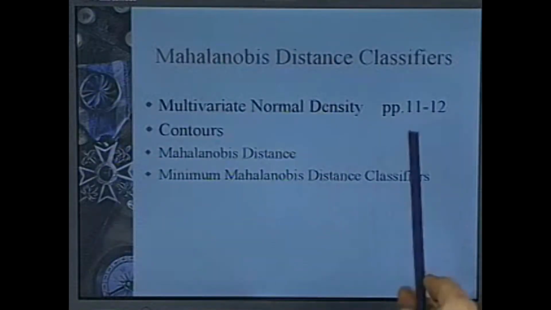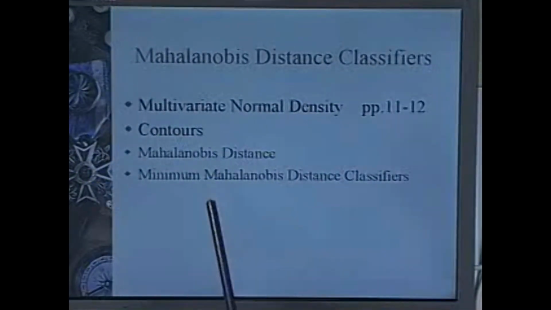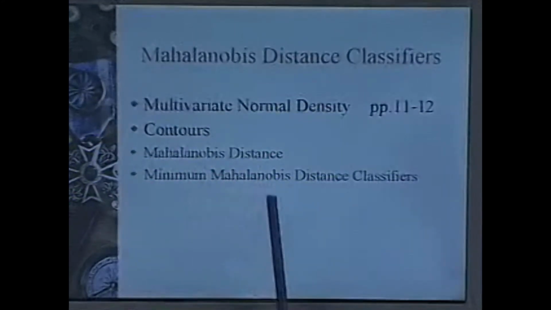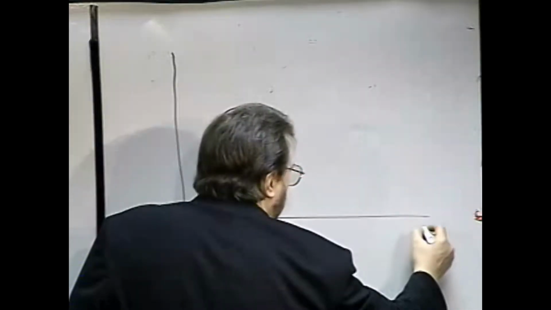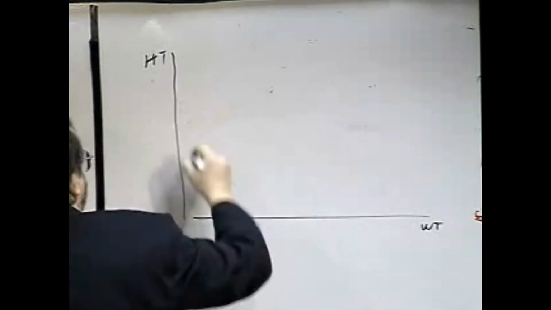And here's what we're going to do. We're going to look at first the multivariate normal density. We're going to look at the contours. And from the contours, look at the Mahalanobis distance as defined, and then the minimum Mahalanobis distance classifier. The gifs for this, as for all of the things, are on the web page. Here is the basic idea behind the Mahalanobis distance. If we were to take the distribution of, let's say, weight and height of our